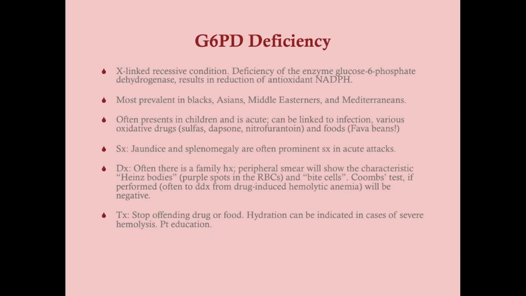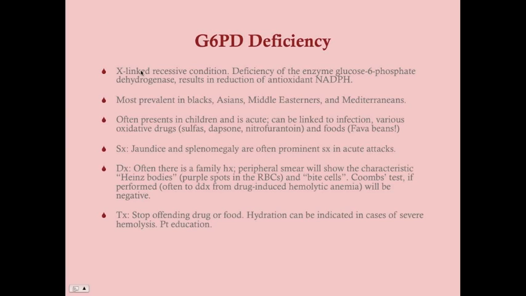So this is a deficiency of a specific enzyme, and that enzyme is glucose-6-phosphate dehydrogenase. And that is an enzyme that's responsible for various things with sugar, but what's important here is that if you have a decrease in that enzyme or an absence of that enzyme, you're going to have a reduction of the byproduct that's actually responsible for oxidating or dehydrogenating the glucose-6-phosphate, and that is NADPH. So you'll have a deficiency of NADPH, and that can actually be a problem because NADPH, with that hydrogen ion on it, is a very potent antioxidant. So if you don't have that antioxidant, the red blood cells are going to be very, very susceptible to